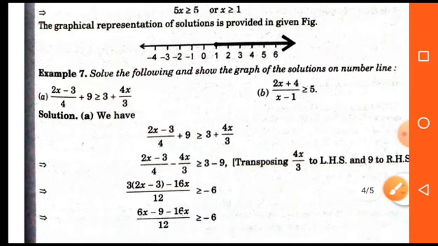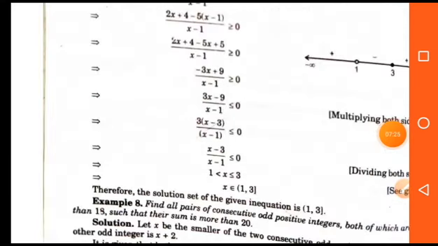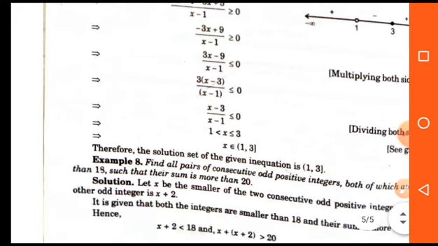In the same manner, we can solve all the questions. So you can try all the questions by the same pattern and you will have to follow all the rules which are given above in this session and in this chapter. So students, I think you all understand the process, the method by which you can find the solution set of linear inequality and how we can plot all the points on the number line. So practice all the questions from your exercise and do well. Thank you very much.